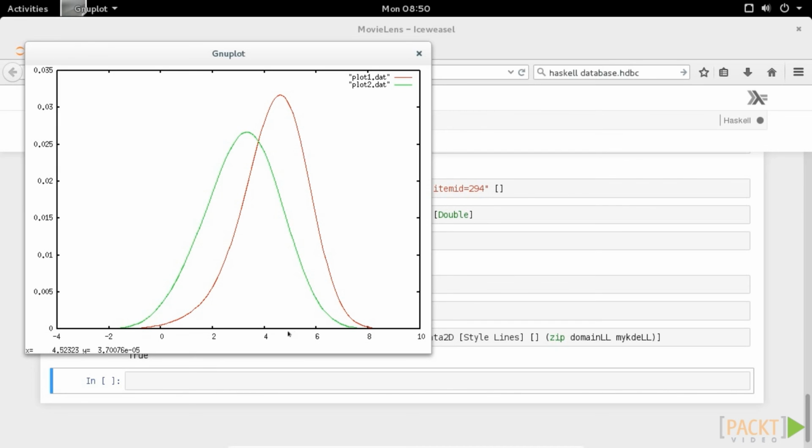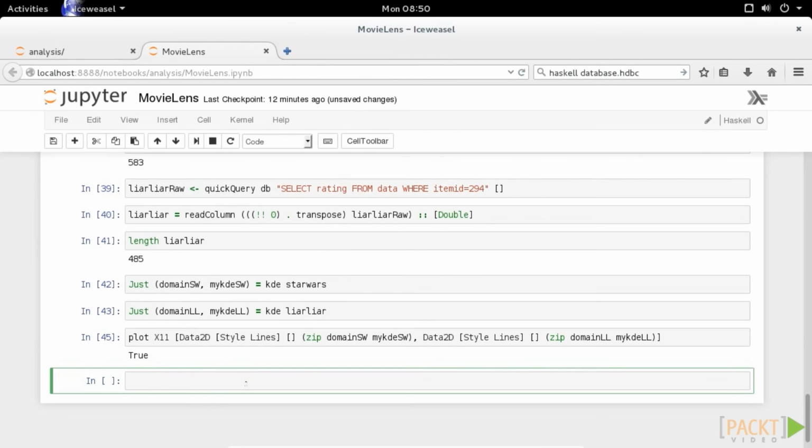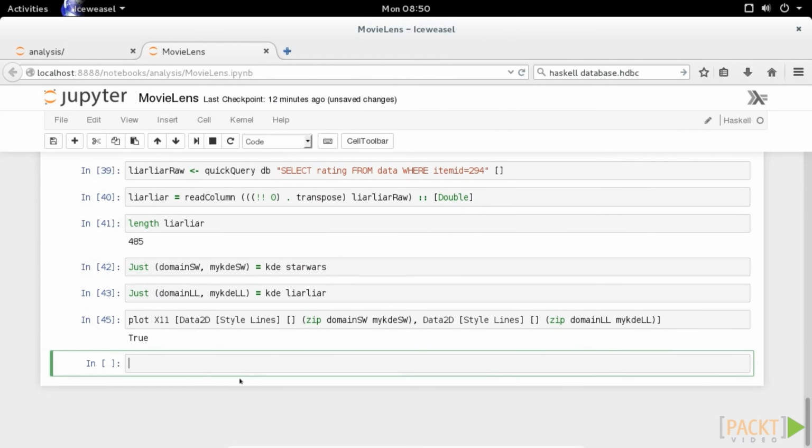What I would like to do is to find the area formed by that triangular shape. We're going to call that the overlap, and I would like to find that area. IHaskell isn't going to let me work as long as this plots up, so I'm going to close the plot. Now, in order to find the area of that triangular portion in our 2 kernel density estimators, we first need